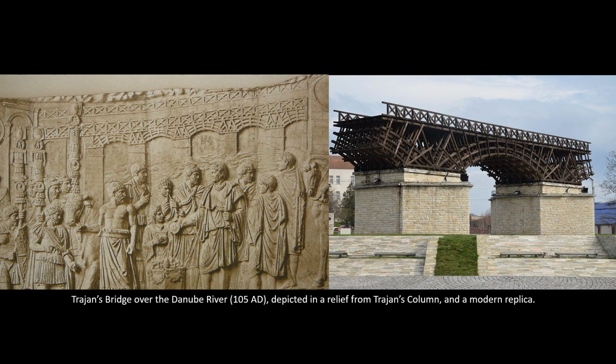This bridge spanned the Danube River, covering nearly half a mile, an extraordinary engineering feat for its time. The bridge is depicted in reliefs on Trajan's column in Rome, providing valuable visual documentation of its structure. While more complex than the triangular roof trusses we previously examined, the bridge relied on the same fundamental concept, a structural framework composed of straight members connected at their ends to form a rigid system, allowing for both strength and